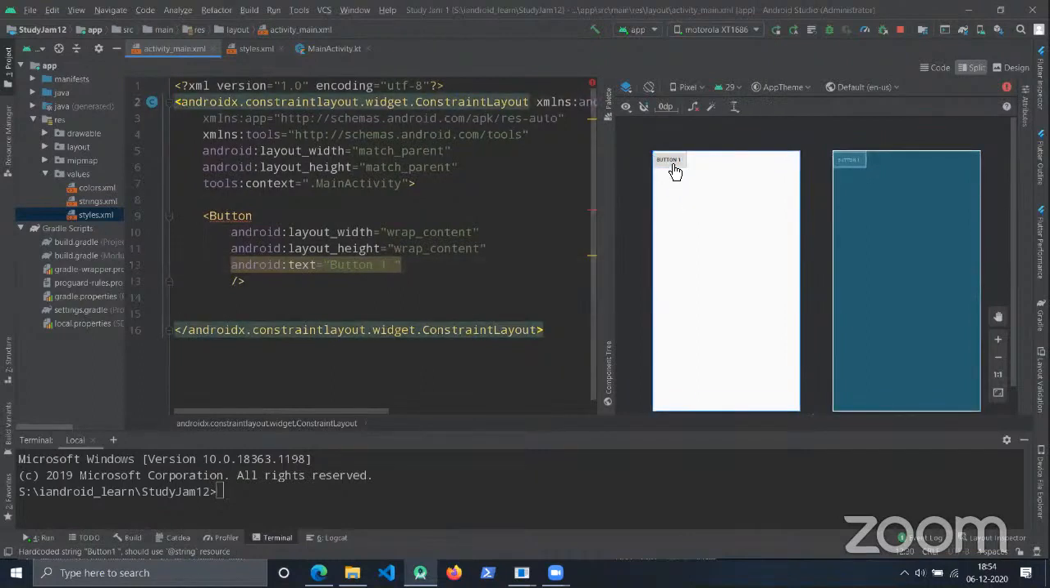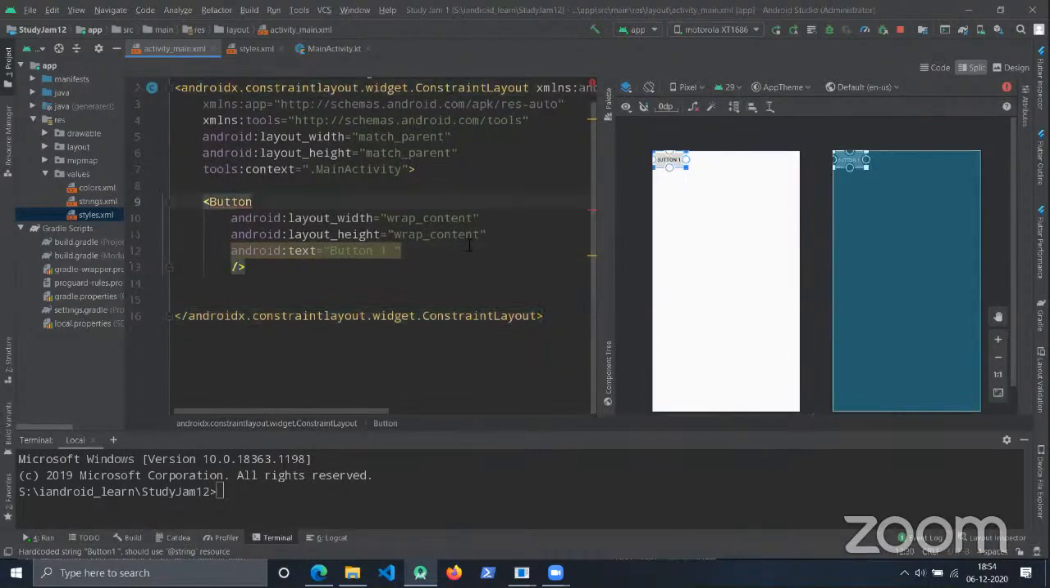So the code is ready, we coded something, but the position is like,